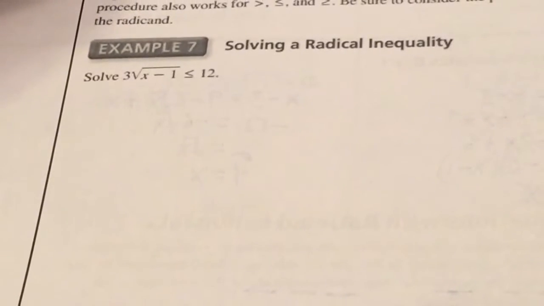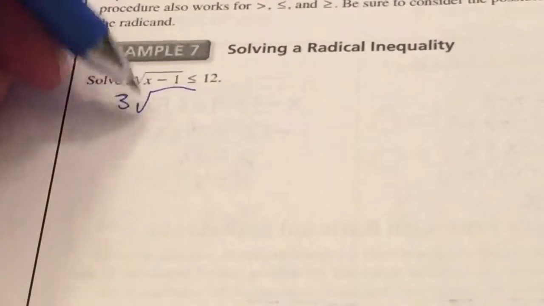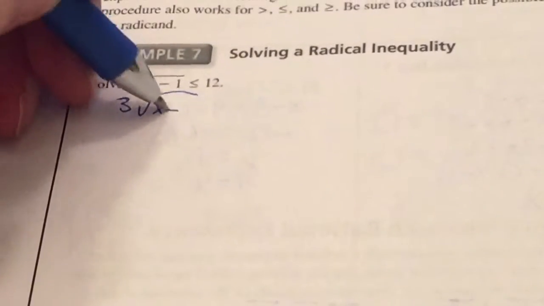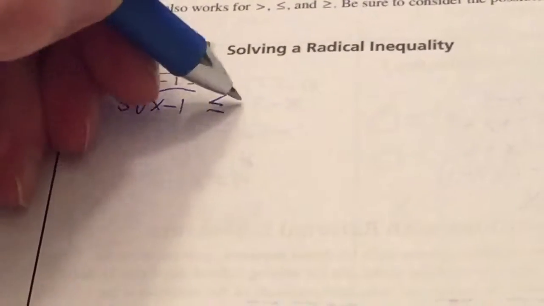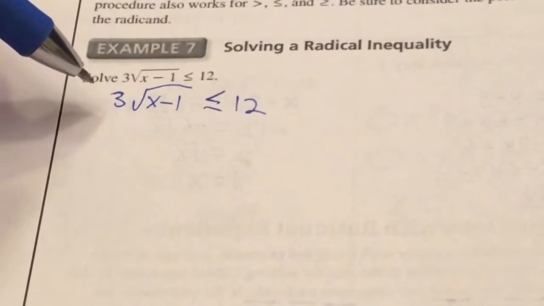So, for example, on this one we have 3 times the square root of x minus 1 less than or equal to 12, so we can treat this as if it were an equation,